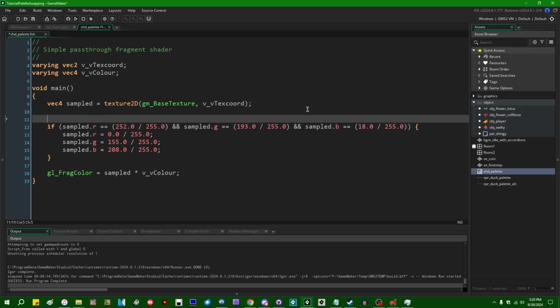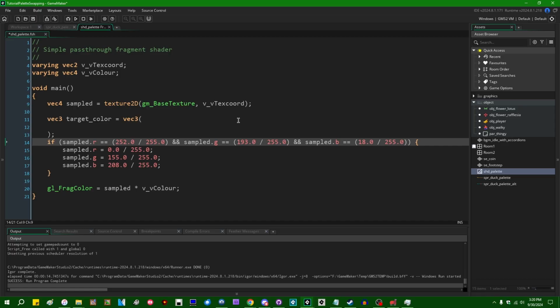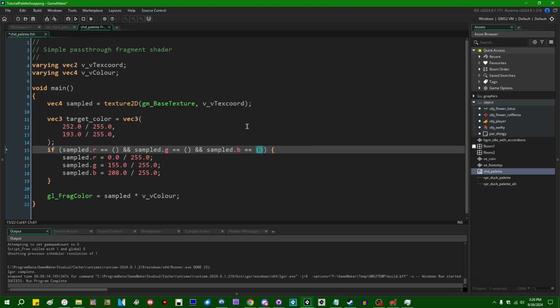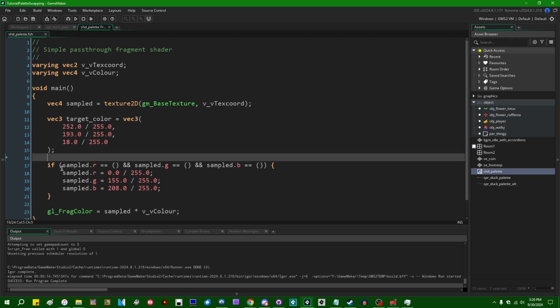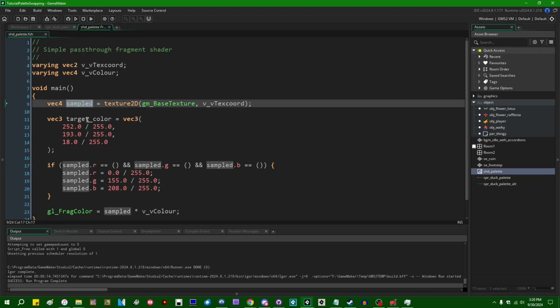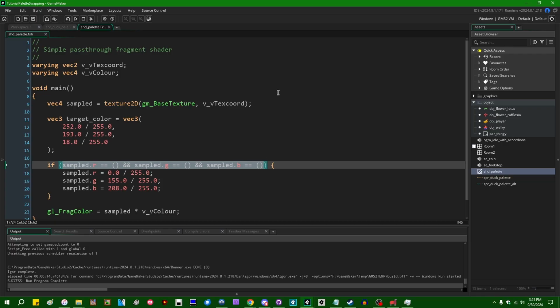So what you really would want to do if you do something like this is let's define a vec3, which is going to be target color, and I can say this is going to be a vector3 composed of 3 values as usual. One of them is going to be the red color that I wrote out, one of them is going to be the green color that I wrote out, and one of them is going to be the blue color that I wrote out, like this. And now instead of directly comparing the red, green, and blue colors in the sample color versus the target color, we can use one of 2 operations. You can either use the dot product to compare two vec3s, or you can use the distance function to